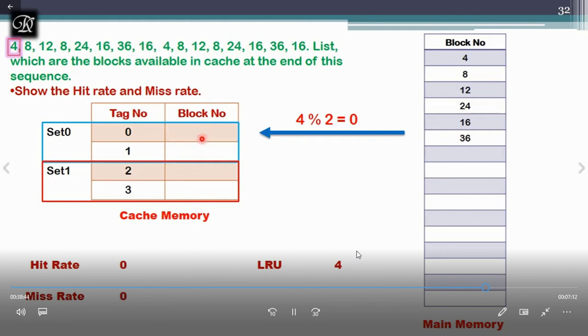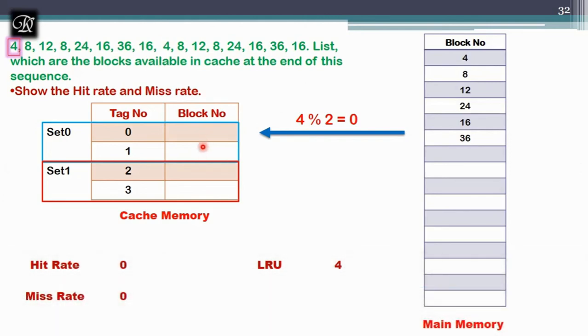These two locations are free, and as per the associative mapping, the first available free location will be allotted. So now 0 has 4. This is a miss, so we have increased the miss count.